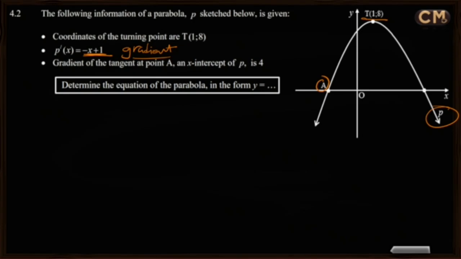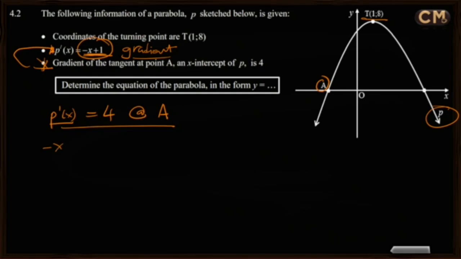So let's take this. We know that p prime of x is equal to 4 at A. That's what this piece of information says, but we have information about that gradient, which is p prime of x. The derivative is an actual gradient. So what we'll do is we'll substitute this with that. So we'll say minus x plus 1 is equal to 4. Remember where this happens? At point A. So minus x, I will subtract 1 from both sides,